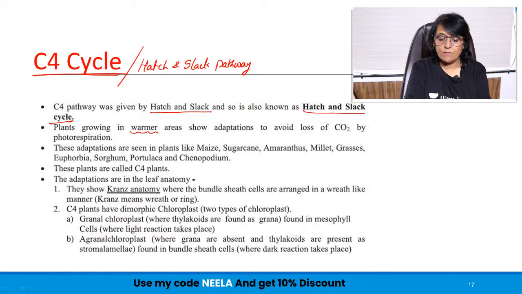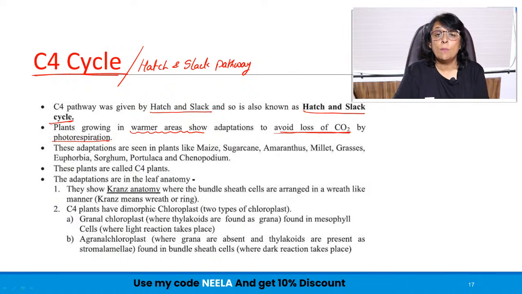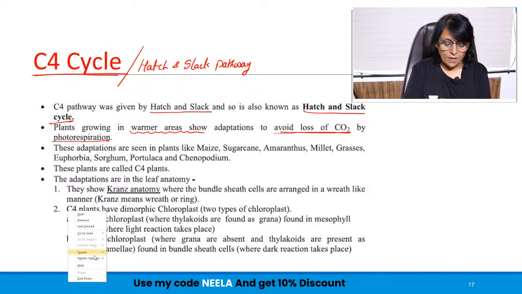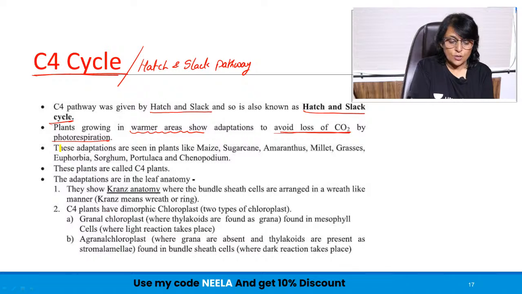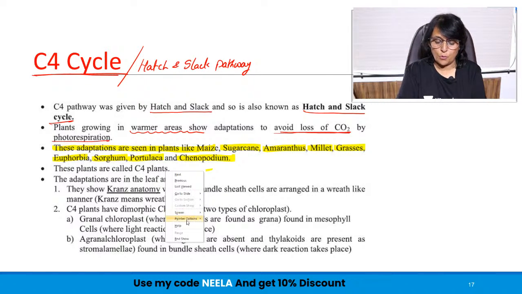Plants growing in warmer areas show adaptations to avoid loss of carbon dioxide by photorespiration. We were talking about this. Now, the most important thing which we need to talk about is the plants where we see these adaptations. So these adaptations are seen in maize, sugarcane, amaranthus, millets, grasses, euphorbia, sorghum, portulaca and chenopodium. This part is the most important part because